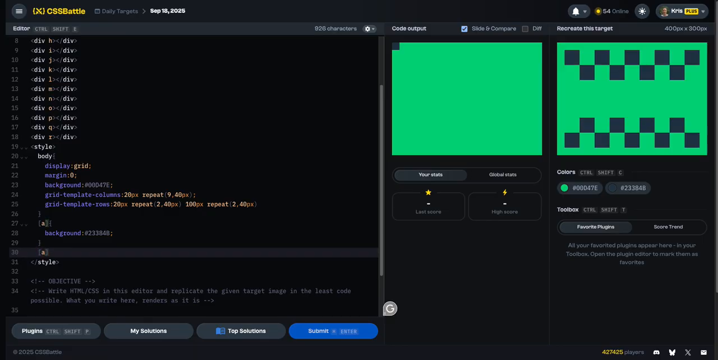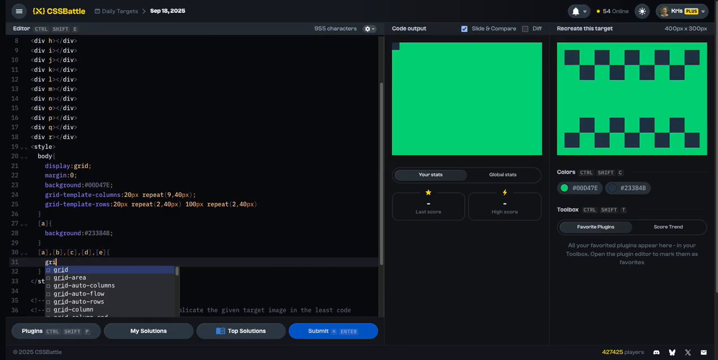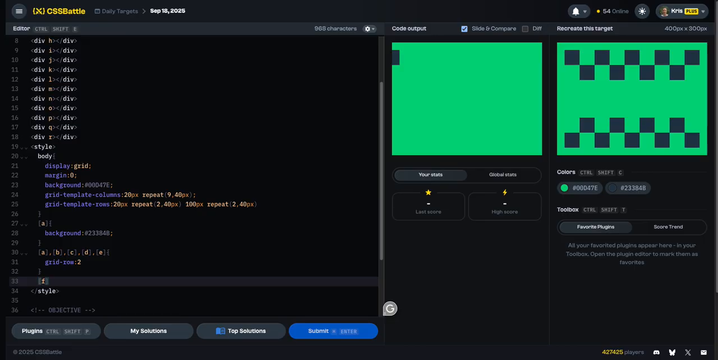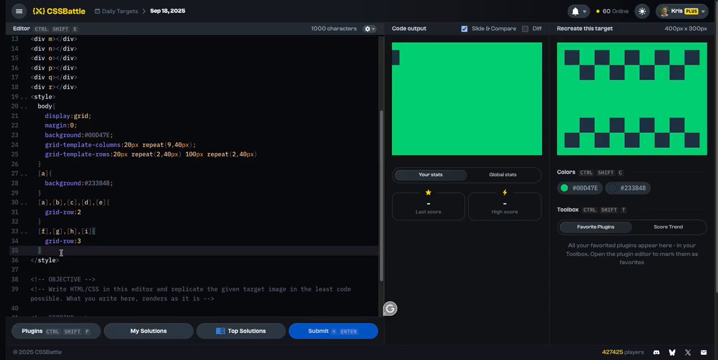So we're going to say A, B, C, D, and E all grid row 2, F, G, H, and I are all grid row 3, and then